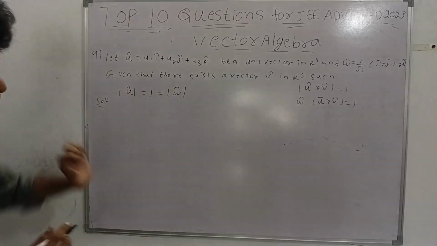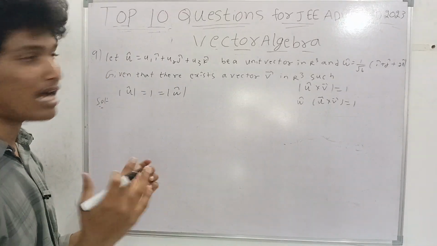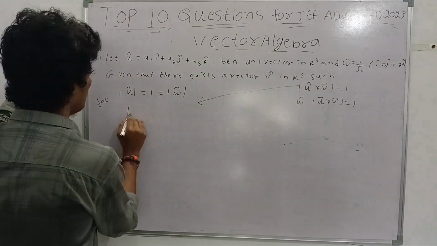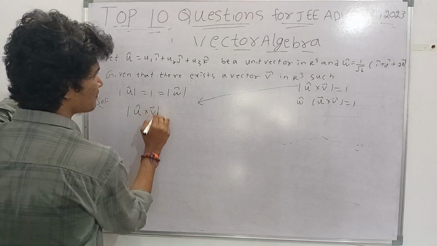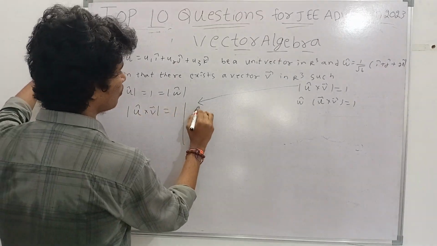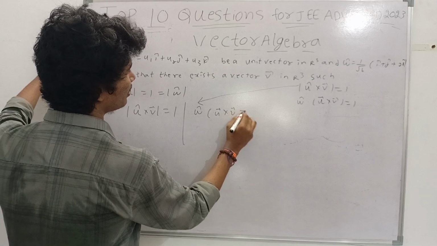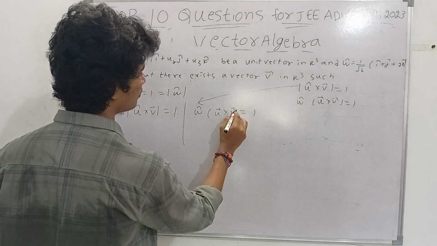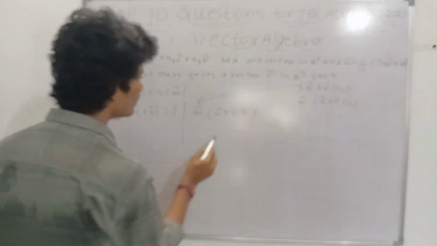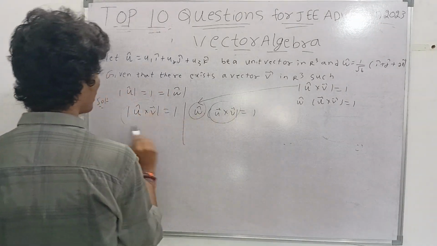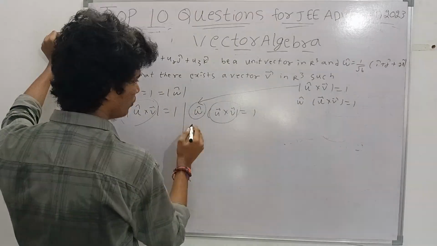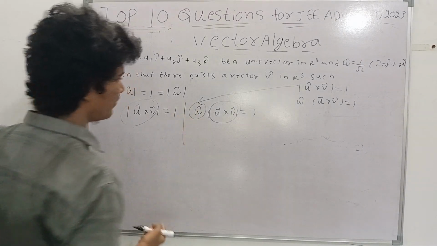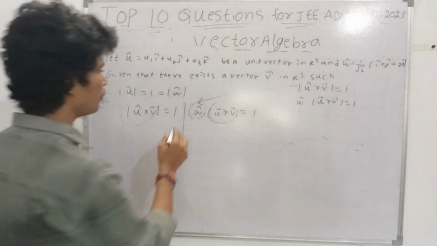And now given that there is a vector v in R cube, that is, in space there is a vector v, and from that reference we are getting the magnitude of u vector cross v vector as 1. Another thing, this thing equal to 1, and here it is a dot product. We already know the things here. Understand guys? We already know the things. Suppose if I take the magnitude here, that is omega vector dot these things,